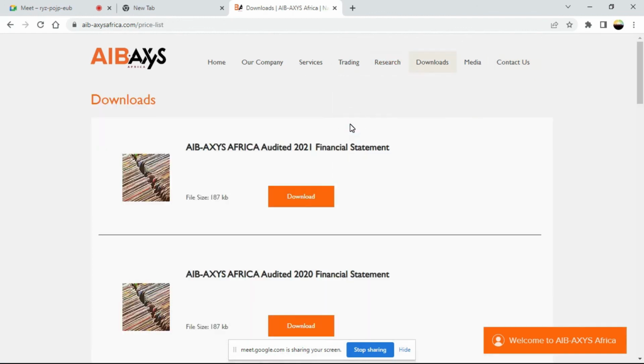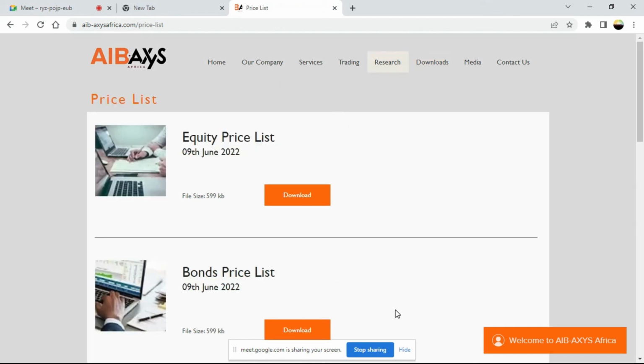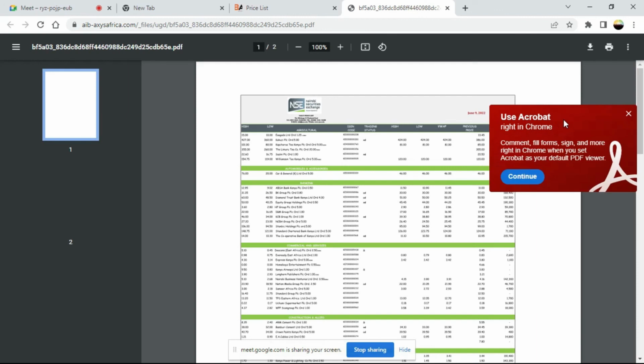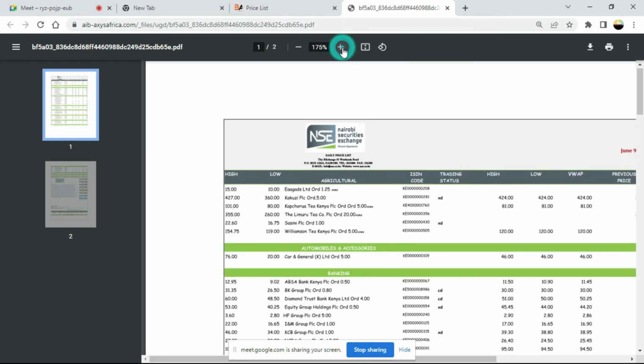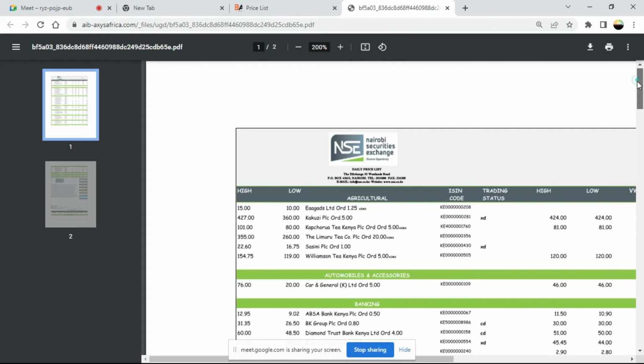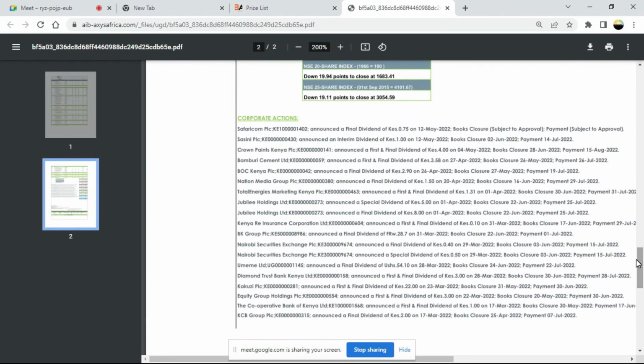So if you allow me, I wanted to show you the price list. In the meantime, you can be asking questions. I just want to show you with one of the price lists the information that I was talking about. Within the price list, if you go to the bottom, because right now you might ask me, I'm on the platform, you have trained me, I want to buy shares immediately. Which shares do I buy? Here is the information,